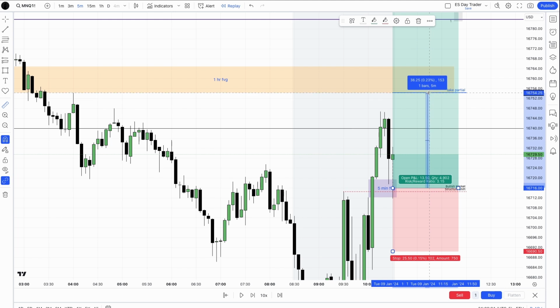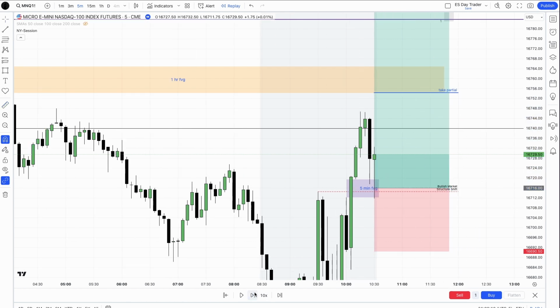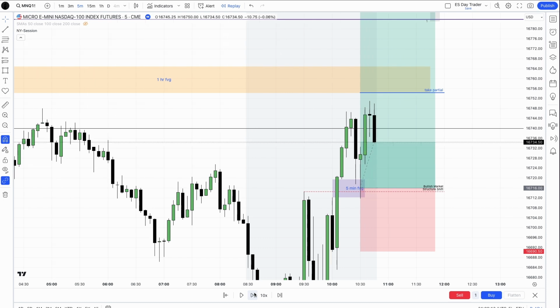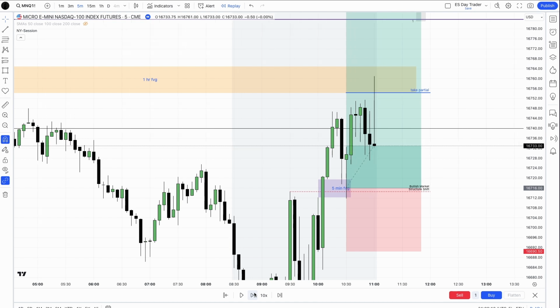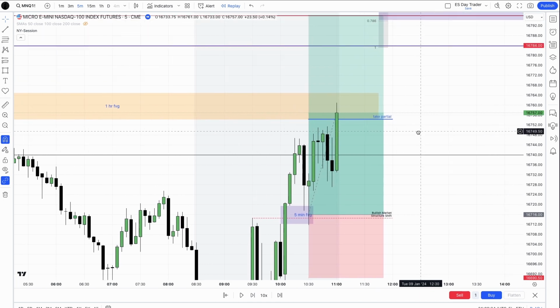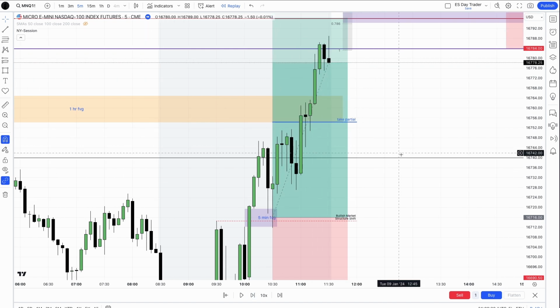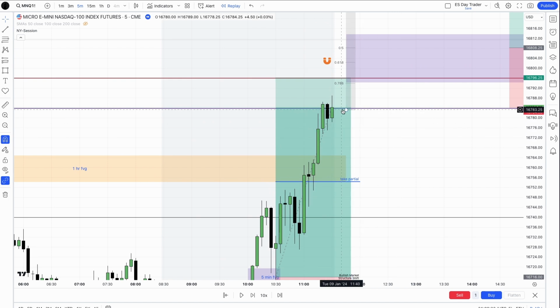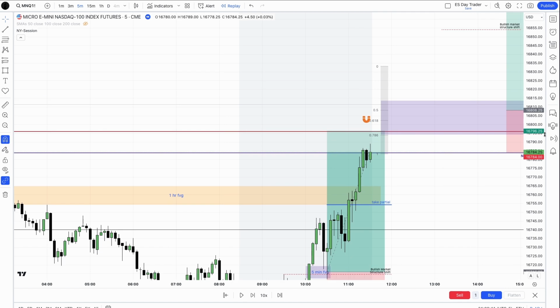Our partial set around 38. What do we do here? Pay the trader. Takes out the opening. We're drawing up into our buy side target. Let's zoom out for a moment.